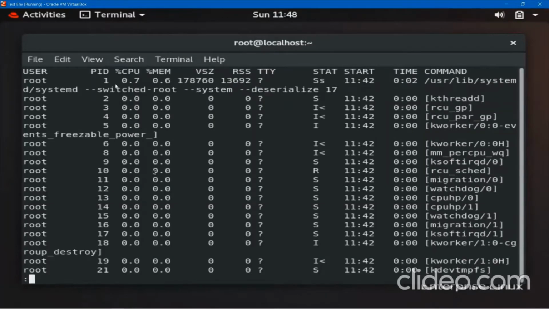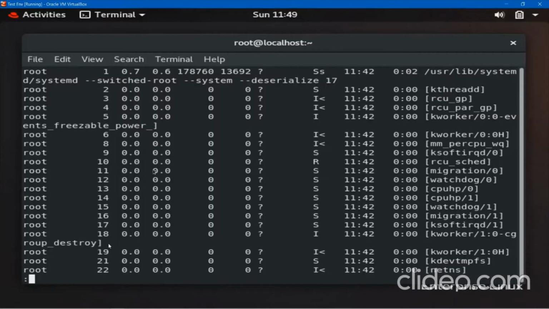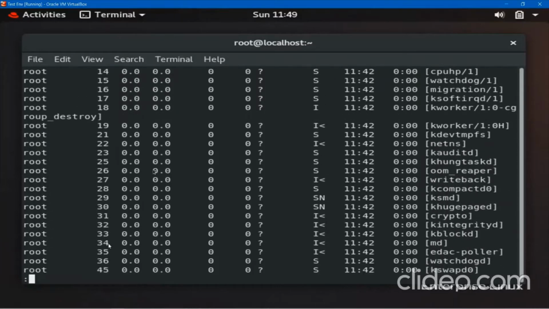It will show, first, the user, which user is running the program, then the PID, that is the process ID, and the CPU percentage, how much CPU they are consuming, how much memory they are consuming. There is something called VSZ, RSS, TTY meaning terminal. See here, these are question marks. It means they don't require a terminal. They are running behind the scenes, in the background. And something called start, the starting time, then how much time they consumed, and finally the command, which command they used. And here I can press enter and go down.